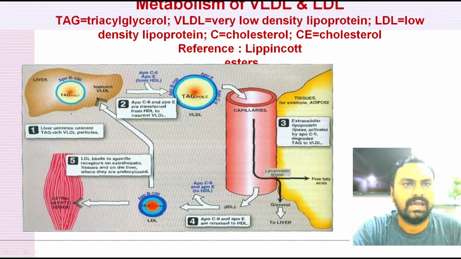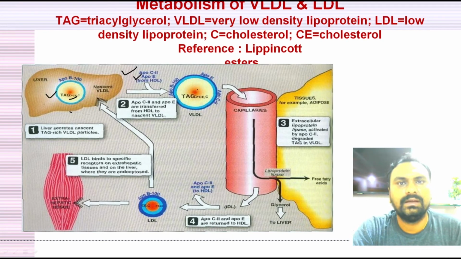So we see the diagram also. Triglyceride, cholesterol ester and phospholipid will be incorporated with the help of ApoB100 in the liver; that is called the nascent VLDL. In the circulation, ApoC2 and ApoE are donated by the HDL, and once ApoC2 and ApoE are along with the ApoB100, it is called a mature VLDL. It will go to the